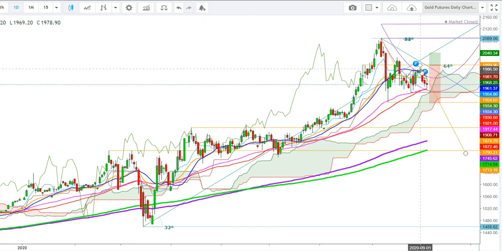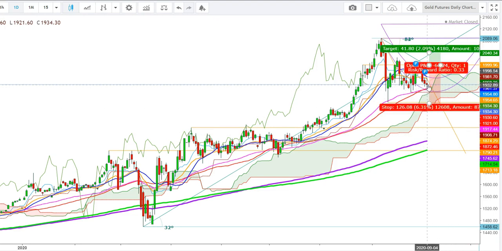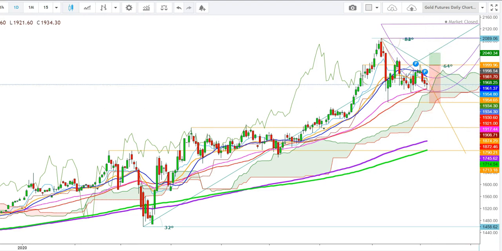So here you can see that during the last week the gold futures showed a bearish move, when the gold futures tested the highs of $1999 and finally closed here at the levels of $1934 on Friday. Friends, here in the daily time frame I find that the gold futures are still trying to maintain this trend in a saucer-like situation. So here I find that the bullish trend in gold futures is still intact, because here you